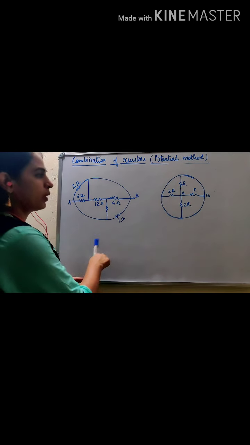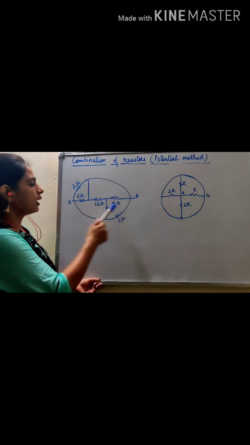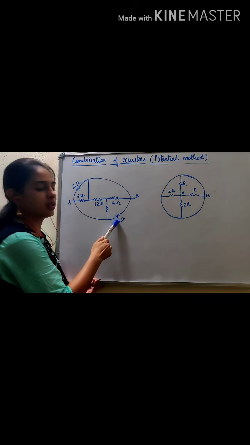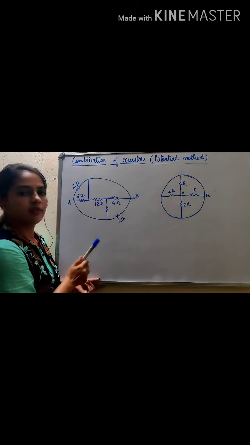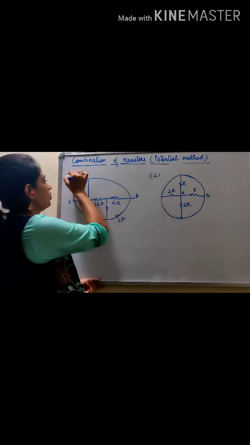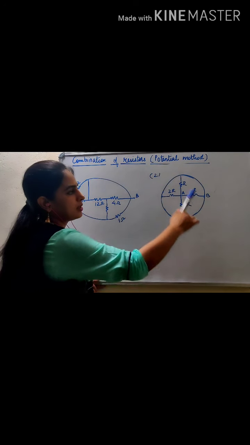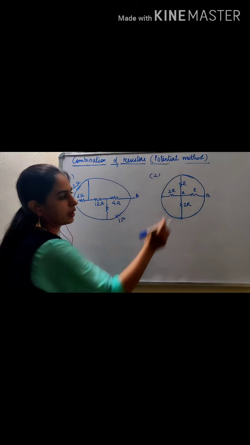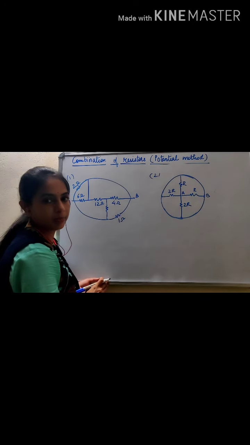So copy these two questions for your homework. Here is point A, here is point B, and we have 5 resistors connected like this. The values are given, and in this one, this is 2, this is 1. And in this circuit, we have 4 resistors R, R, 2R, 2R connected between two terminals A and B.